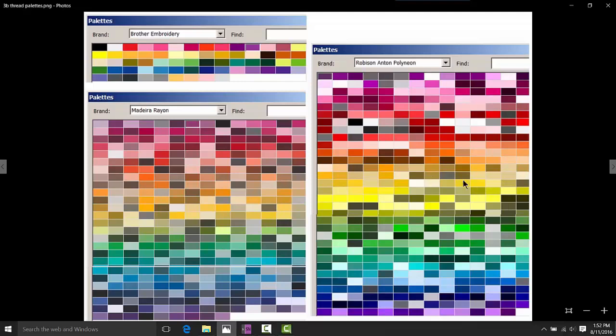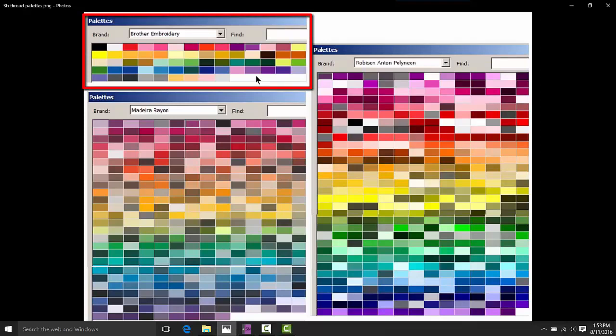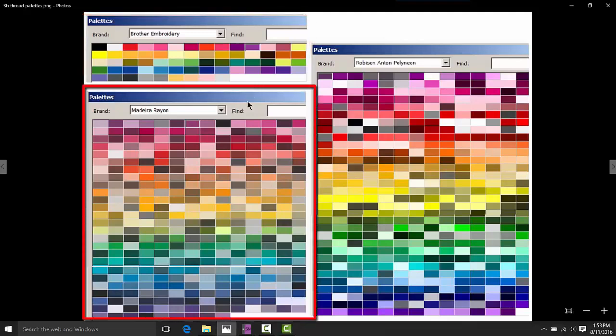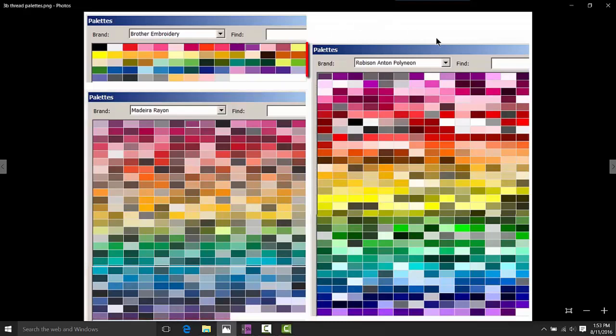Look at the Brother embroidery up at the top left. It's the one I used when creating in Perfect Embroidery Pro. However, it only has 65 colors available, which would be extremely limiting for photos. Madeira Rayon has 359. Taking a look over here at the right, Robertson Anton has